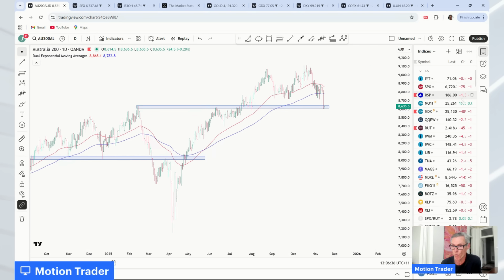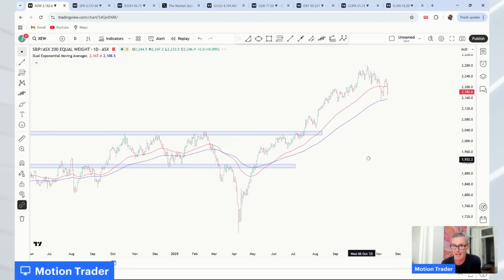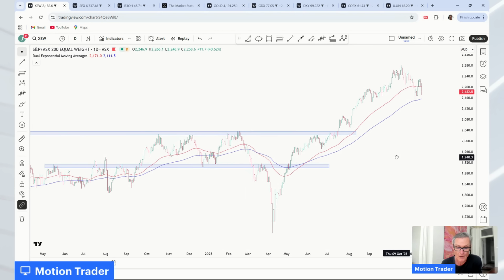Coming over to the equal weight, let's have a look at the ASX 200 on an equal weight basis, and I think the equal weight provides an important part of the picture. Look at this week's price action. It's still trading above its low from last Friday. So this tells us that while the broader market is pulling back, well, we can see the ASX 200 is pulling back. It at this stage is telling us that as far as the broader market is concerned with the equal weight, it's